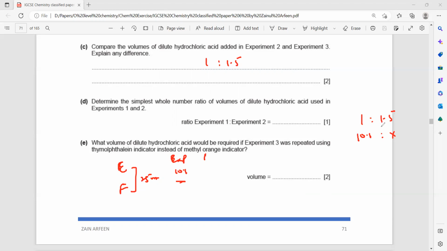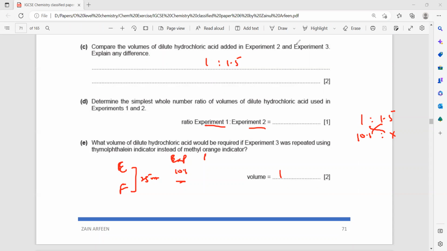So in experiment 1, if I need 10.1 cm³ of E, then with this indicator, thymolphthalein, as the ratio of the volume is 1 is to 1.5, I'll simply multiply it by 1.5. So 10.1 into 1.5, because the concentration ratio is 1 is to 1.5. If I need 10 cm³ of this, I need 1.5 times that of the other one. Shouldn't we take the ratio as 1 is to 2? No, 1 is to 2 is for experiment 1 and 2. But experiment 2 and 3,